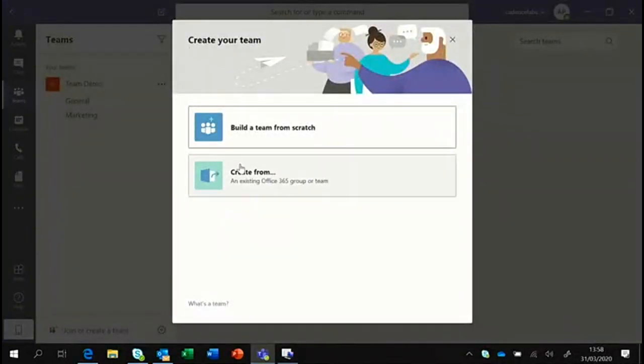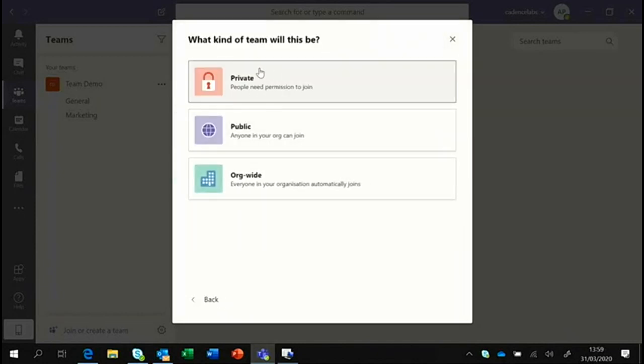There are a number of different ways in which you can do it. You may have been using Office 365 groups, which has been a great way of collaborating together through Outlook, leveraging things like a SharePoint site. You may have used that in the past. You might want to add Teams functionality to that group so that you can start to collaborate real time inside Teams. You can do that, or typically you're going to build a team from scratch, and you then need to